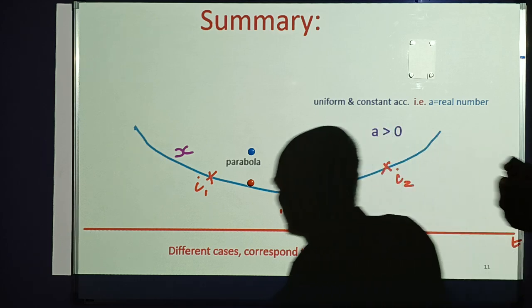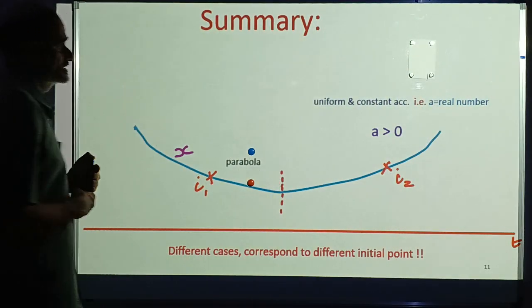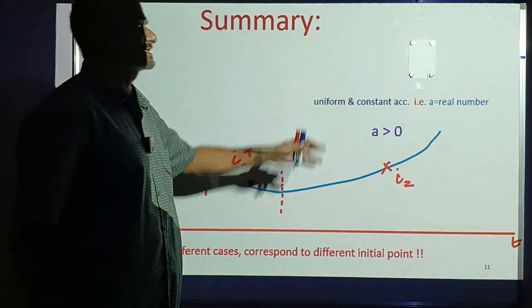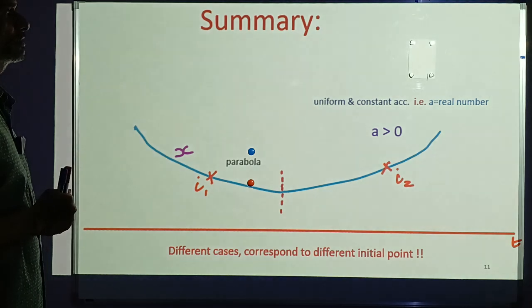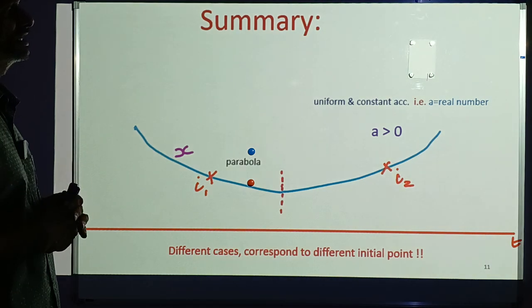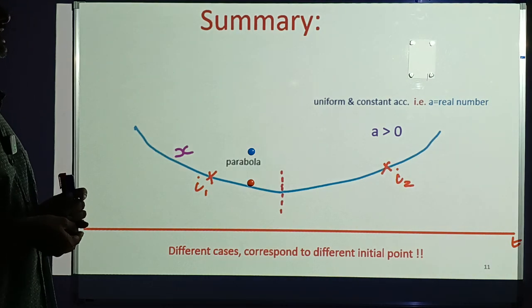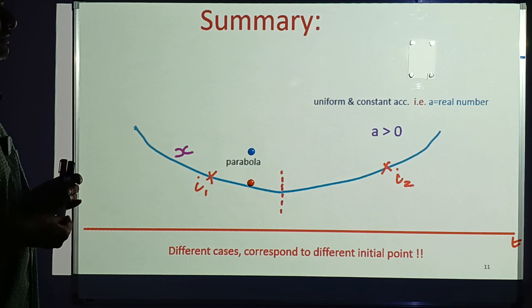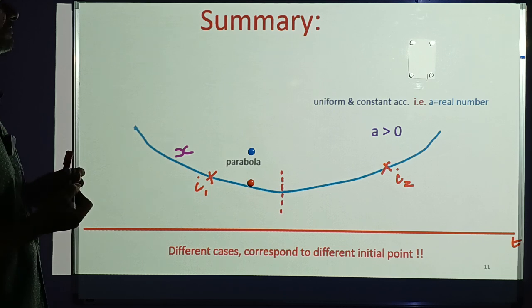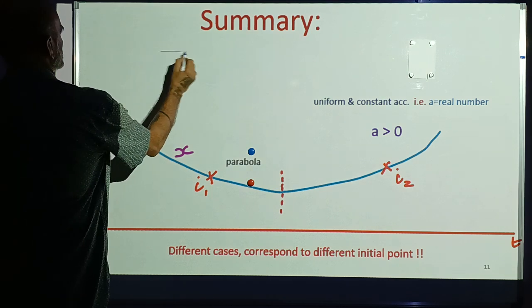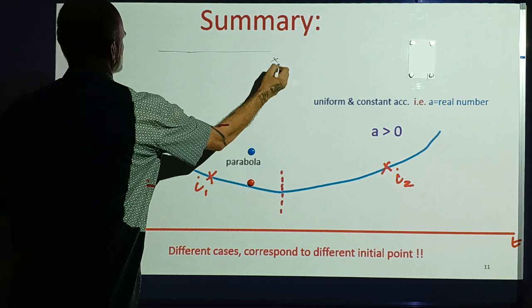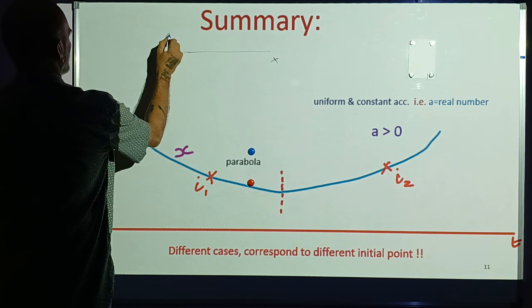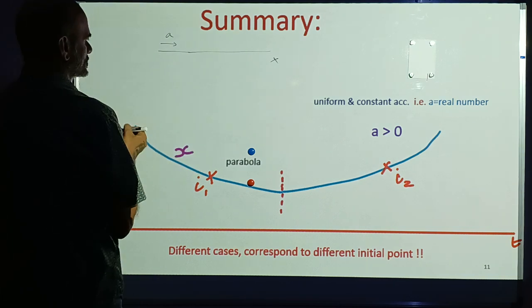So to summarize, we are considering uniform and constant acceleration. That is, force is uniform and constant. That means acceleration is a real number. So there are two possibilities. The acceleration can be positive or negative. When it is positive, the acceleration is in the positive x direction. Suppose I say this is x, so acceleration is this way. So if the initial velocity,